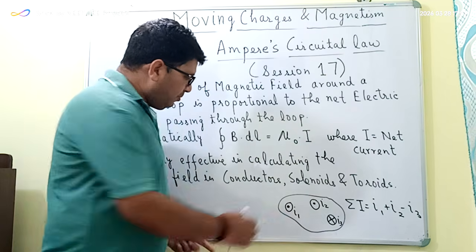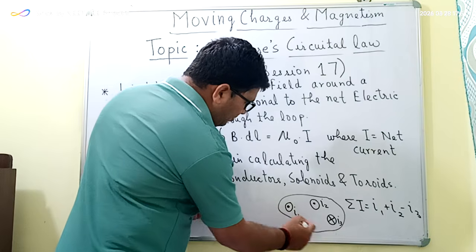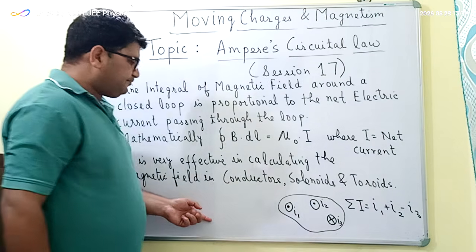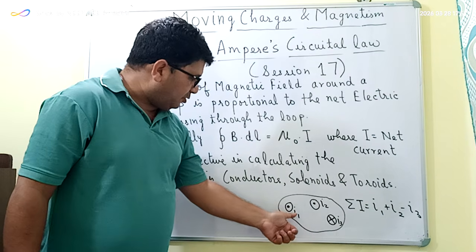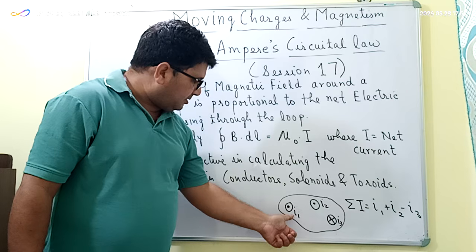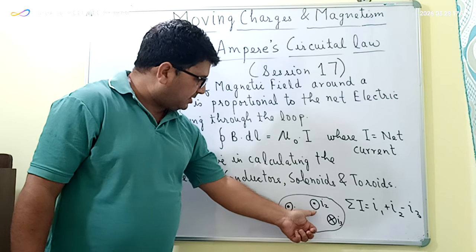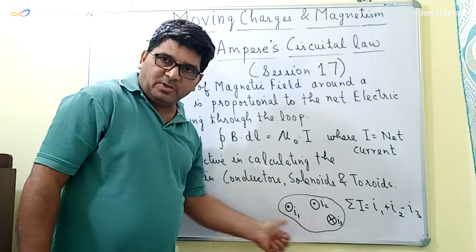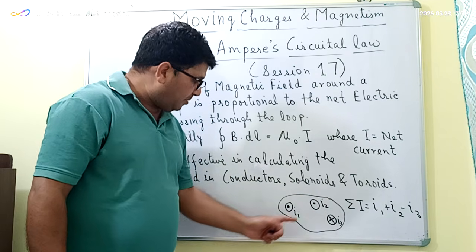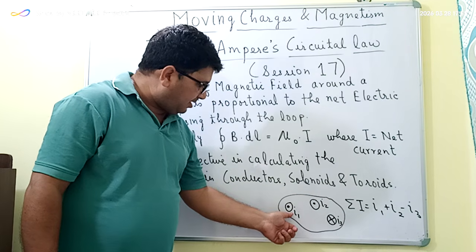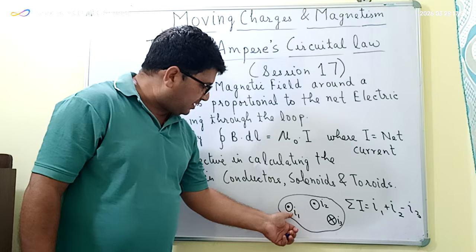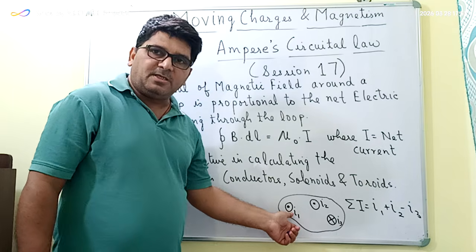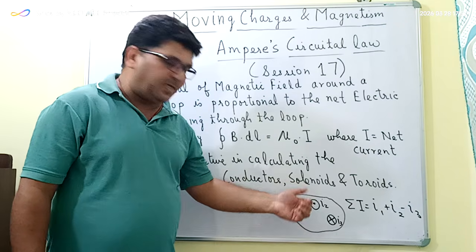So this is a closed loop, and in this closed loop there is one current I1, there is one current I2, and there is one current I3, which is flowing through this closed loop. Now here, the current which is depicted by a dot is directed out of the plane, and